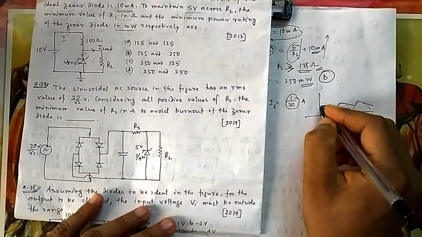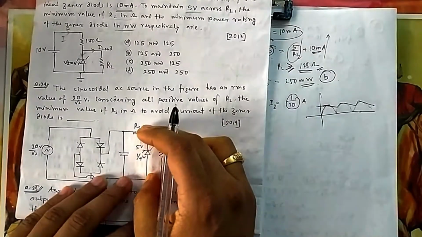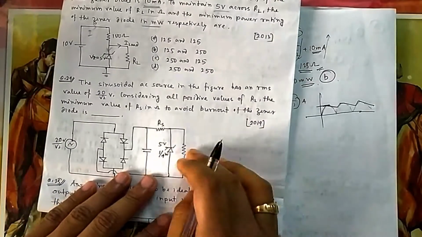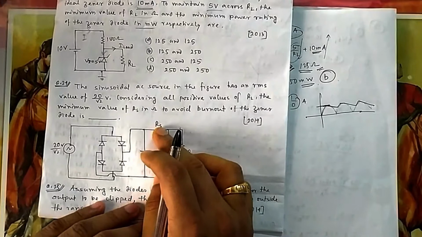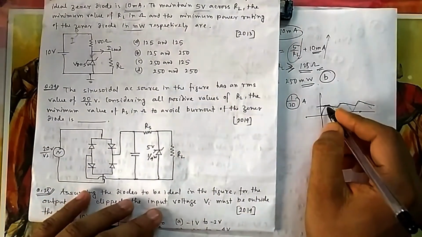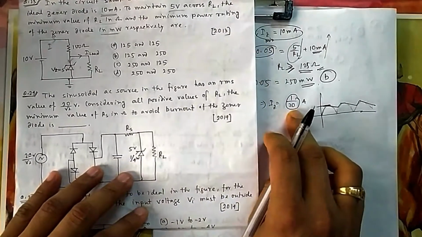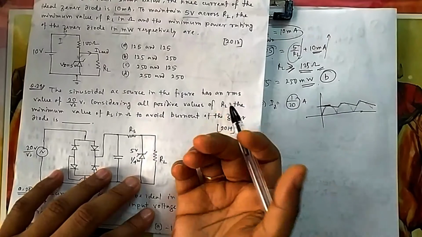So what is the peak condition? The peak voltage that appears at that time, you can think peak current will flow through it, because RL is fixed. So RS you will be varying. So you think of the worst case. When is the worst case? When the voltage is maximum. In case of maximum voltage, this current should not cross this. If the maximum voltage doesn't cross this, then the minimum voltage will also not cross this.